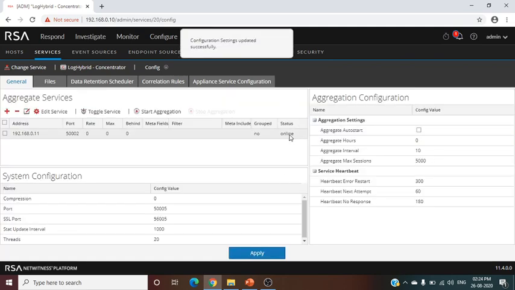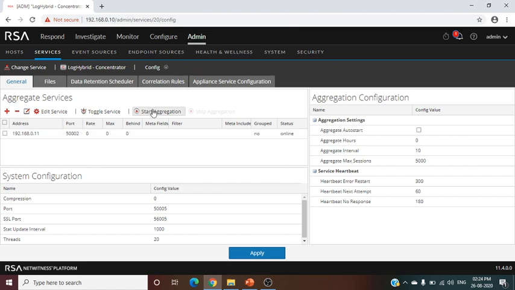Here the status is showing online. Now we have to click on start aggregation. Now the status should change to consume. Yeah, now the status has been changed from online to consume.